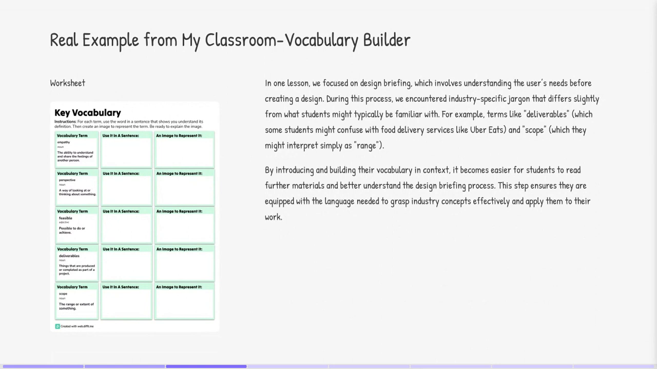One example is when we're learning how to do the design briefing to their clients. We were learning one jargon, it is deliverables, and I think some of my students might mistake it for a food delivery service like Uber Eats. So I think it is really important to have this builder to highlight the keywords and make sure that they know how the words are used in the right context, to scaffold them